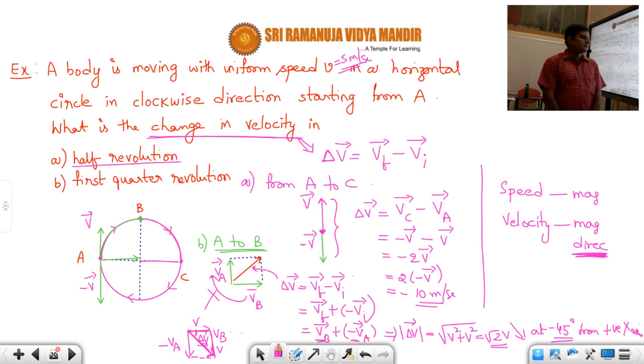So for today we'll end this session, students. In the next session we'll see the next topic, that is unit vector and resolution of vectors. That topic is also like addition of vectors only, but it's a very easy way to add two vectors or more than two vectors, students. That is the easiest method. So we'll see it in the next session, students.